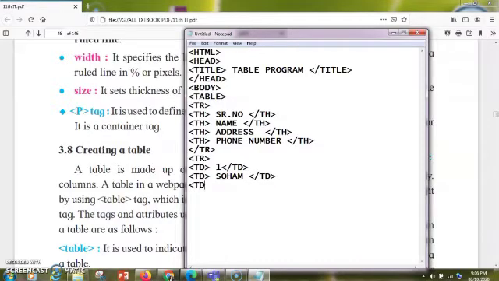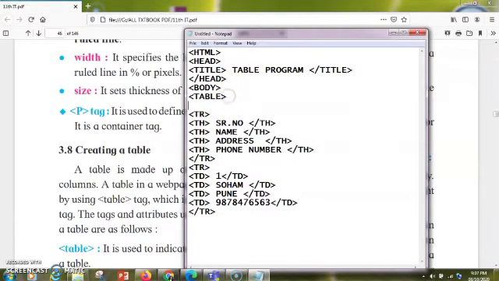Again I'll write a td tag here, and address I'll be writing it as Pune, and then I'll end it as td tag here. Again the next is the td tag, and now I'll be adding the contact number. So this is the contact number and I'll be ending it with a td tag, and this is the end of my second row. So this is how I'll be adding rows inside my table. So you can add as many rows as you want if you want to make your table larger.